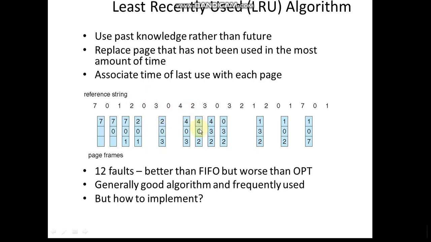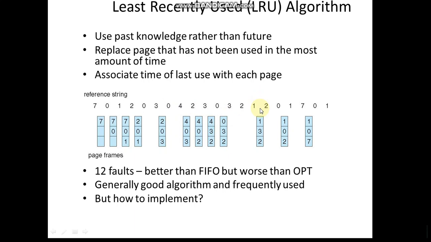Again, a request for 2 has come. So you can observe we have 4, 0, 3. 4 is recently used, and 0 too. So 3 is the oldest one, which has not been used for a longer time. So we are replacing 3 by 2, right? Similarly, among 4, 0, 2, the oldest is 0, so that is replaced by 3, right? Among 4, 3, 2, 4 is the oldest one, right? Here, 3 and 2 come first, and at a later point of time 4 is used. So this is replaced by 0.